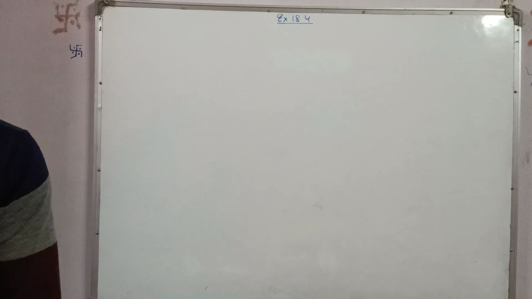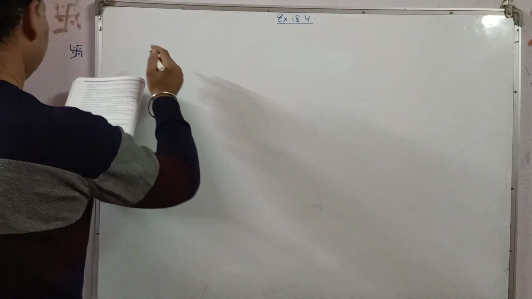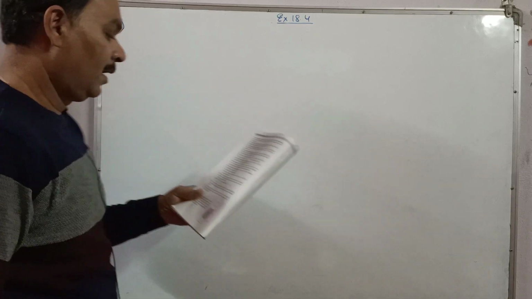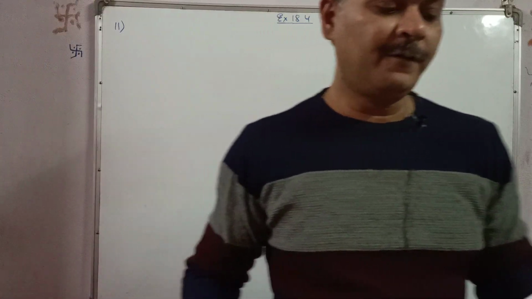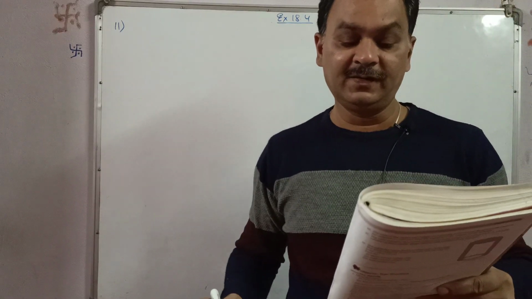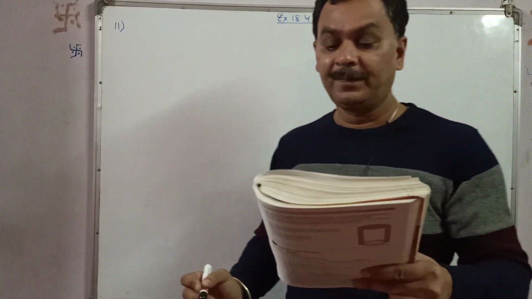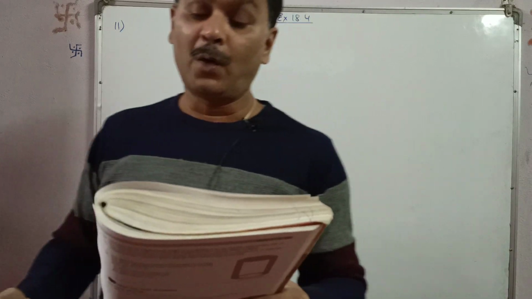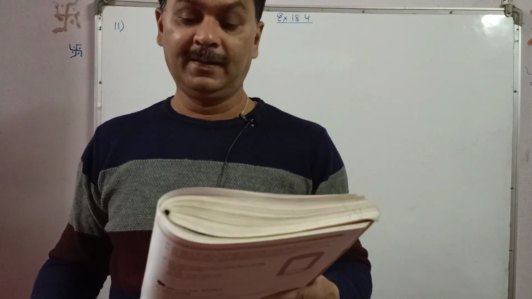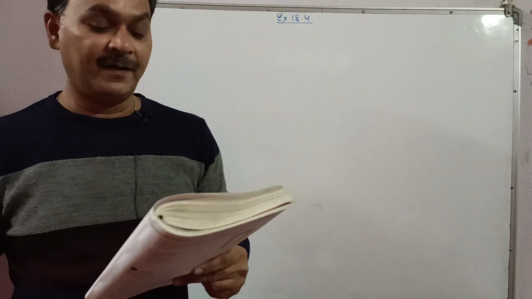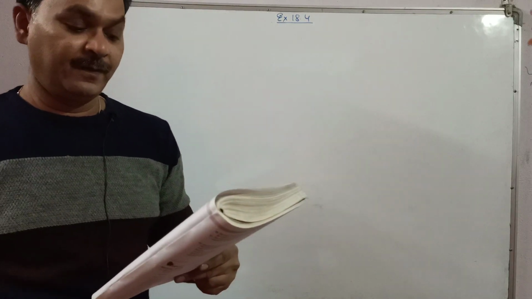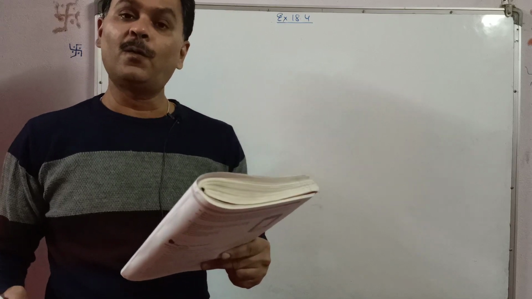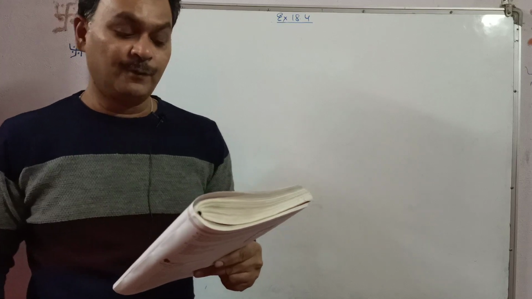Question number 11. A cuboidal block of metal has dimensions 36 centimeter by 32 centimeter by 0.25 meter. It is melted and recast into cubes with an edge of 4 centimeter. How many such cubes can be made? And what is the cost of silver coating the surfaces of the cubes at the rate of rupees